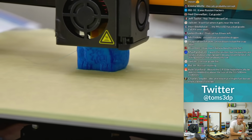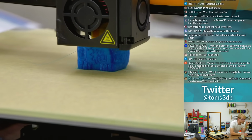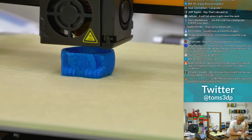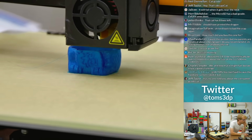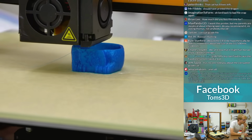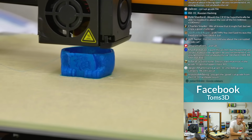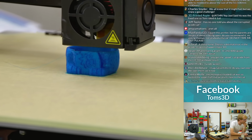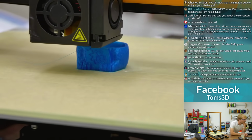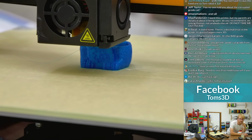Corrupt G-code. Everyone's does. Well, Joel's was not corrupt apparently. 3D printing nerds. His cat supposedly was printing just fine, so I'm not sure what exactly is going on there. No one told. Shut up, guys. I know about the corrupted G-code cat. Supposedly it's not a thing, so